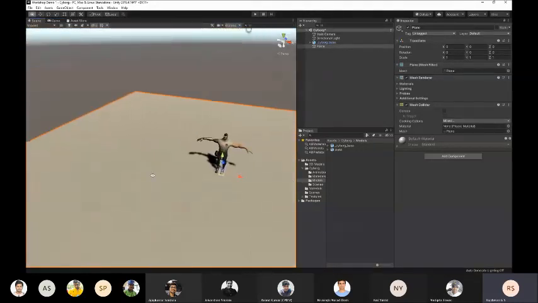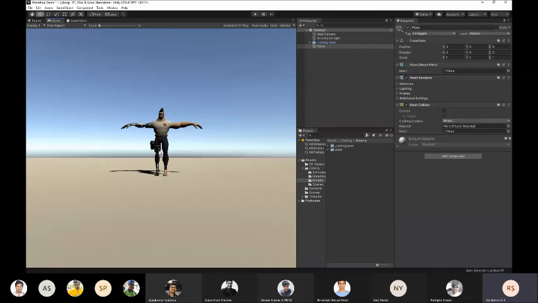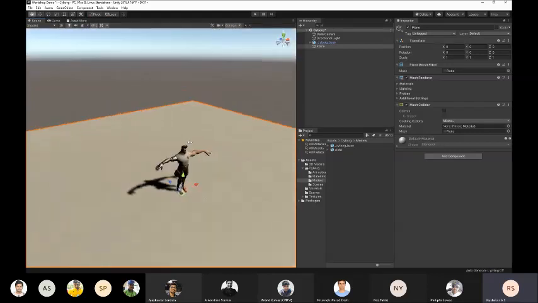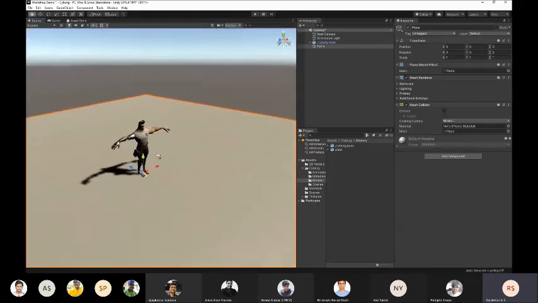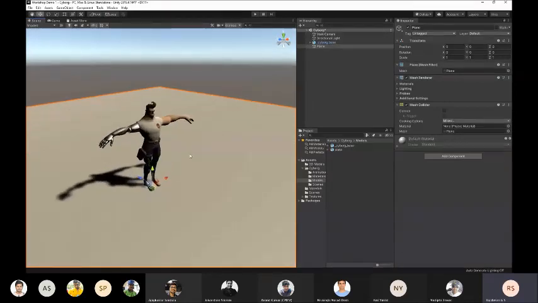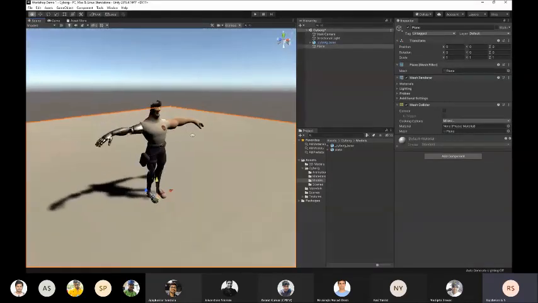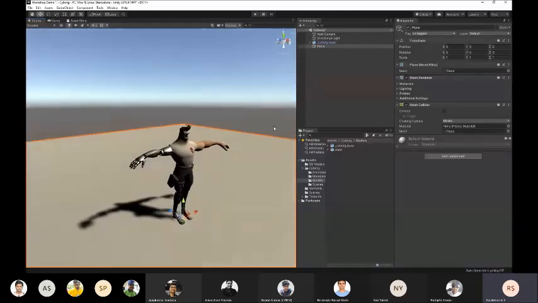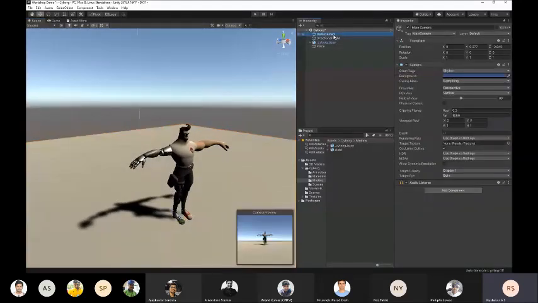Right now the game view looks very boring, it's just facing him directly. So I want to give this a better perspective for the end user. Instead of moving the camera about, I can select what I want the end user to see. I can move the scene view itself, then click on the main camera and make the main camera replicate this view.